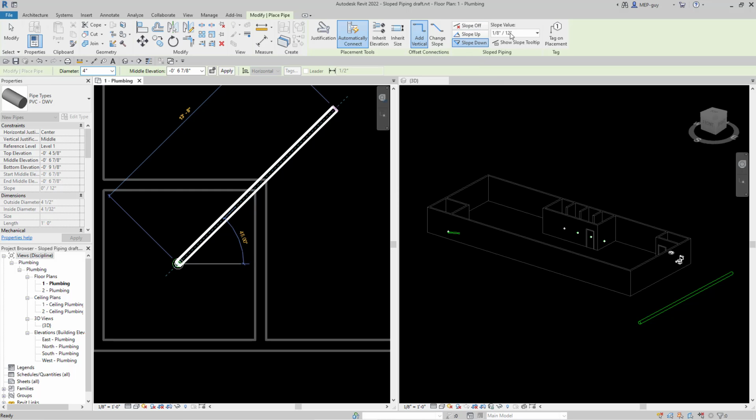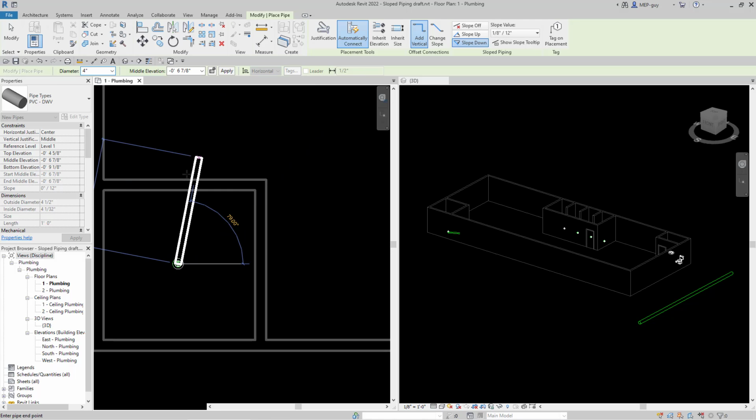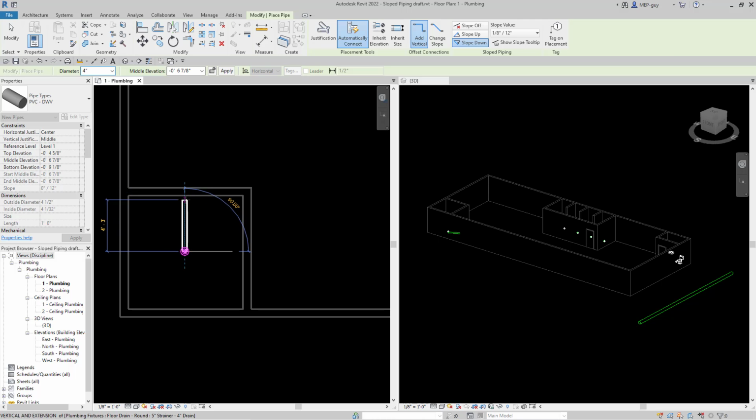Then I want to change my slope value to whatever I need. So 1/8 of an inch equals 12 inches is good. So then we just start drawing pipe, and Revit should slope our pipe down. Now we're going to have to set this middle elevation to something like -2 feet first, and then let's just,